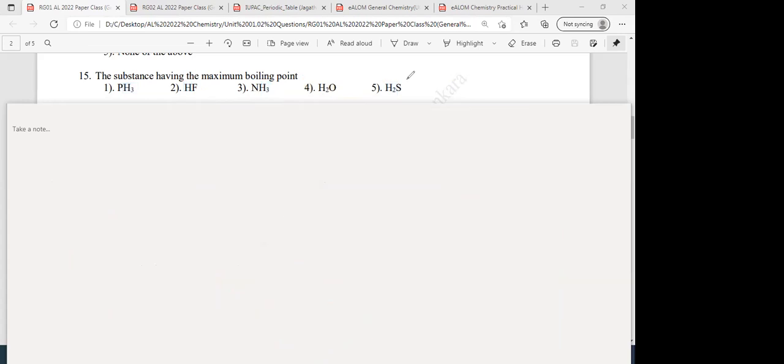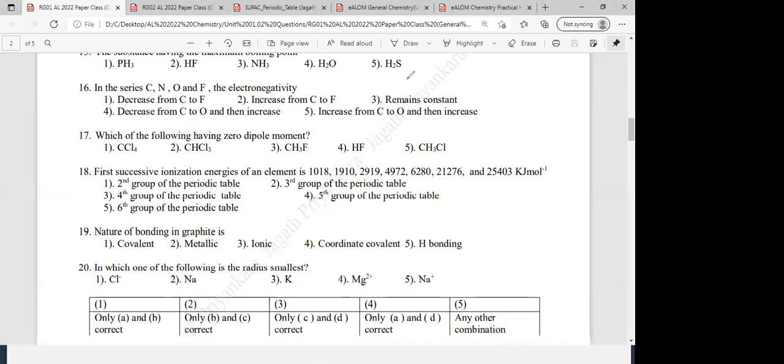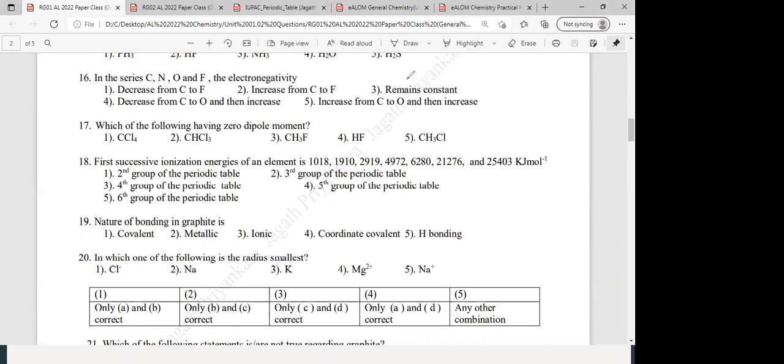Question number 16. C, N, O and F, the electronegativity. So what can you say about the carbon, nitrogen, oxygen, fluorine electronegativity? Yes, can you quickly post the answer to the chat? Electronegativity of this. Decrease or increase or